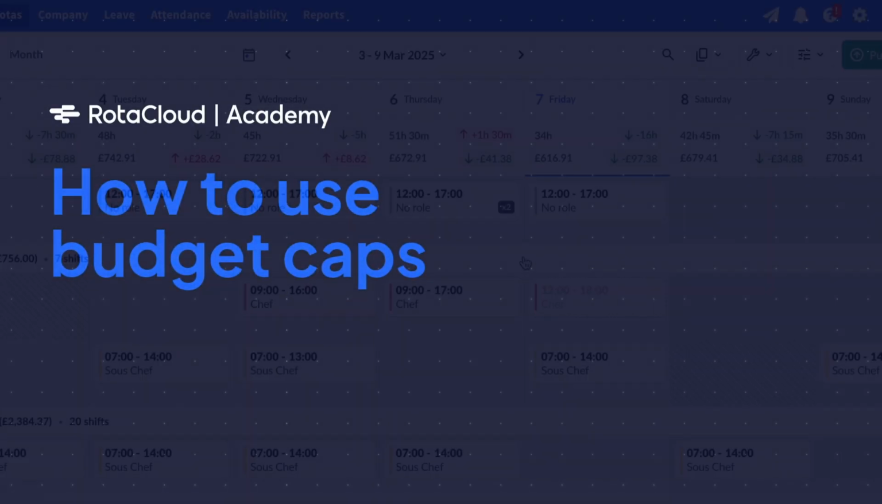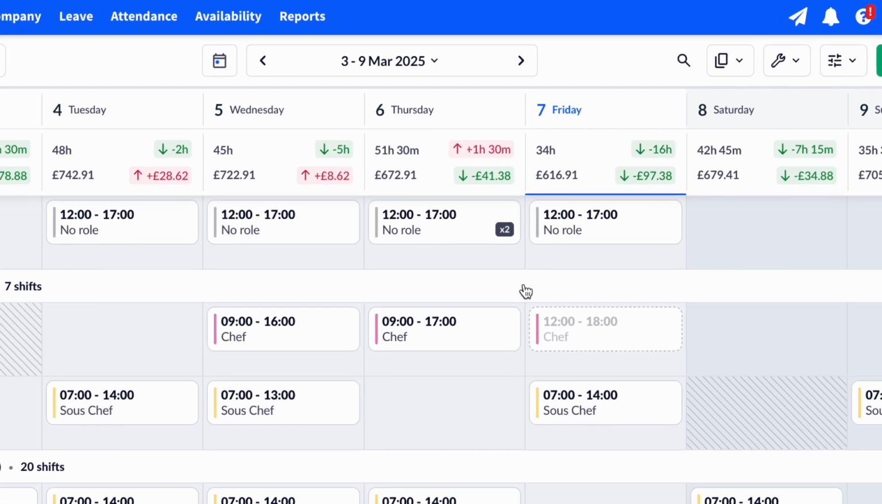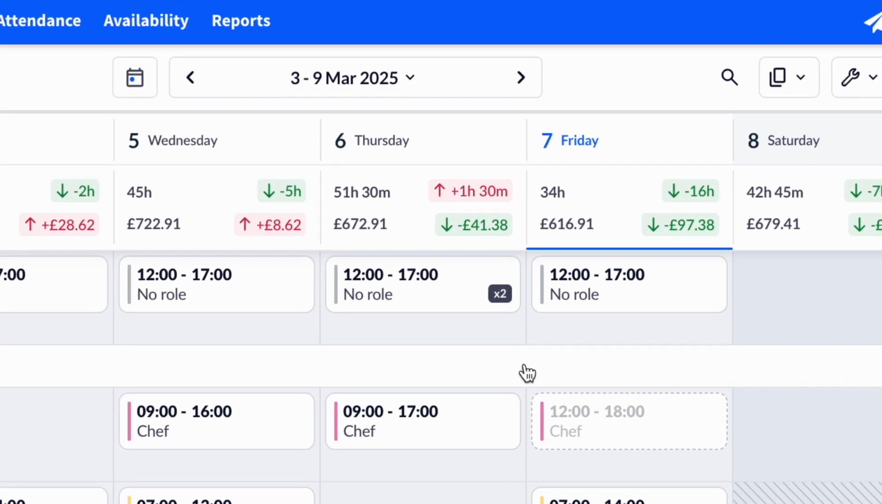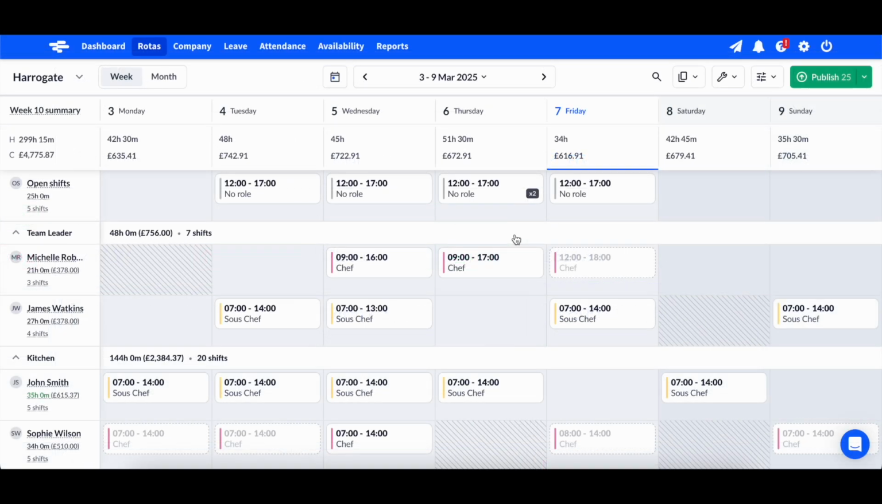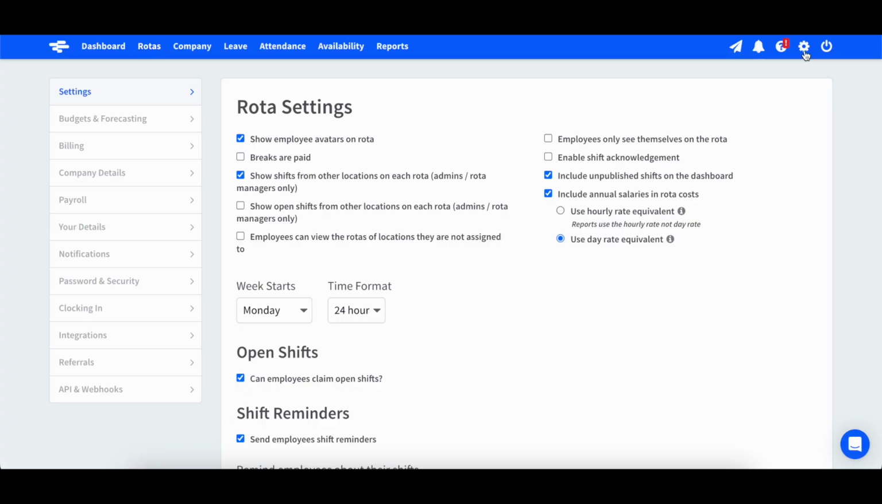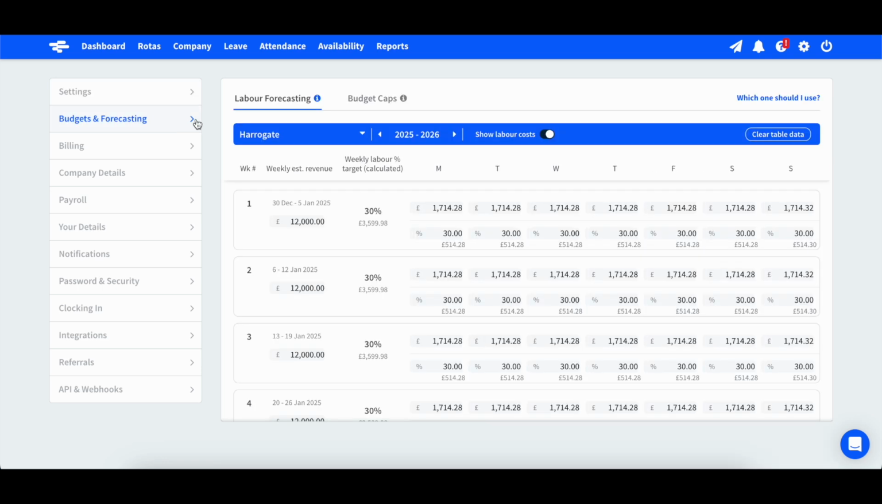With budget caps, you can enter how many hours you would like to schedule for each week or day, and how much you'd like to spend to keep you on track when planning your rotas. To set your budget caps, click the cog icon to access your settings. From the menu on the left, select Budget and Labour Forecasting, and at the top of the page, click Budget